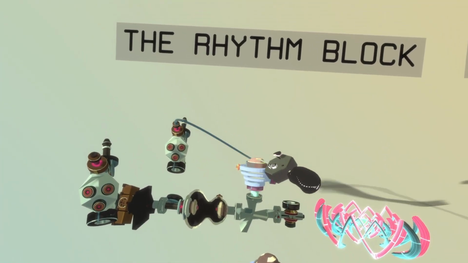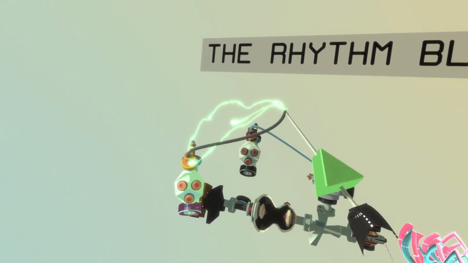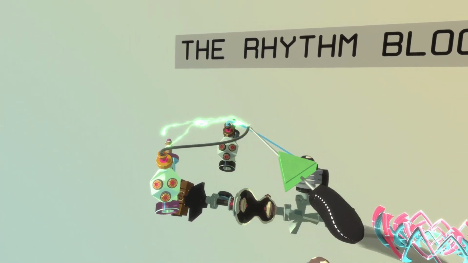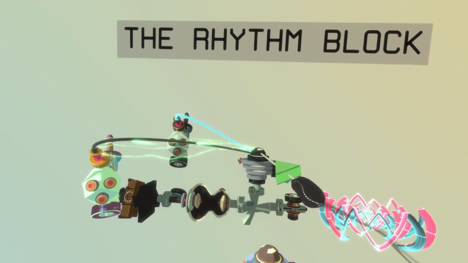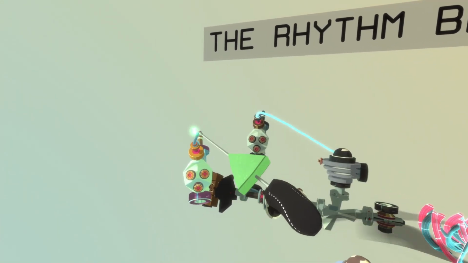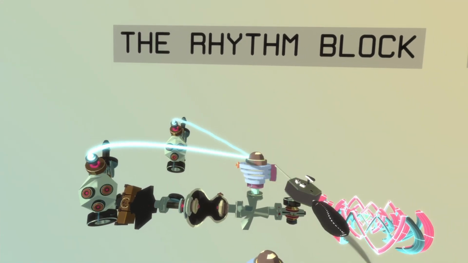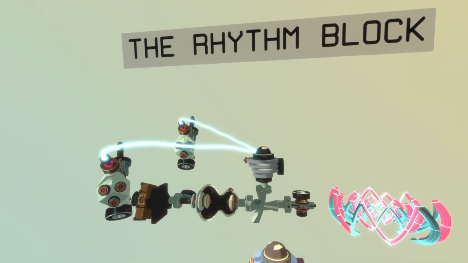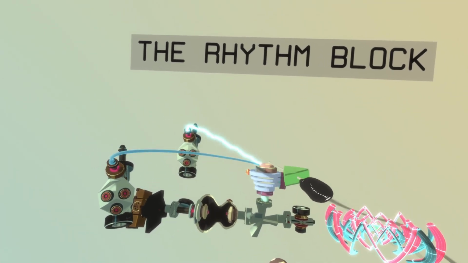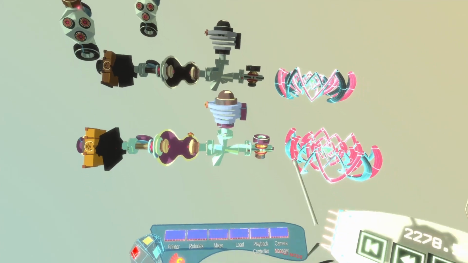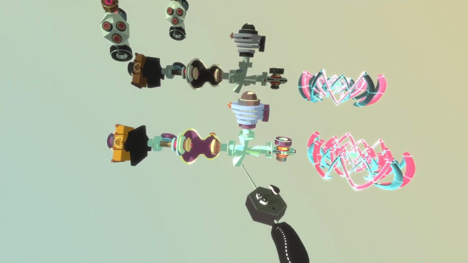Very, very nice. And I can, if I want to, plug multiple jolt wires into the same trigger here, so I can play the same rhythm on just one instrument. Cool. So let's move on to